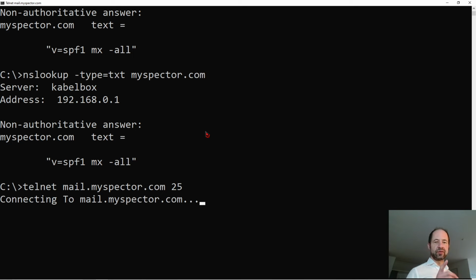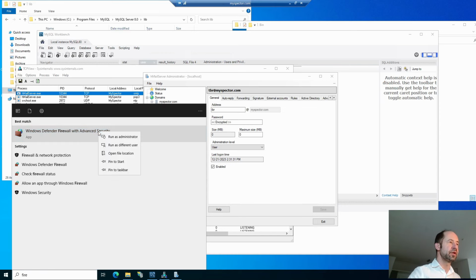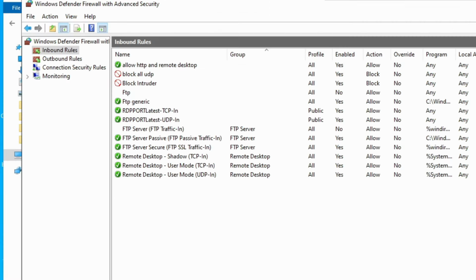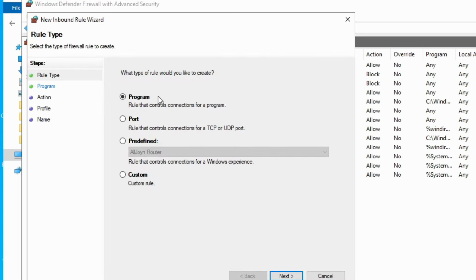So you see, this is one little trick. If you want to test a TCP connection, just use telnet, and if it is not available on your machine, it is a Windows feature that you should enable. I open the firewall as an admin, open the inbound rules, and I'm going to create a new rule by supplying a TCP port.